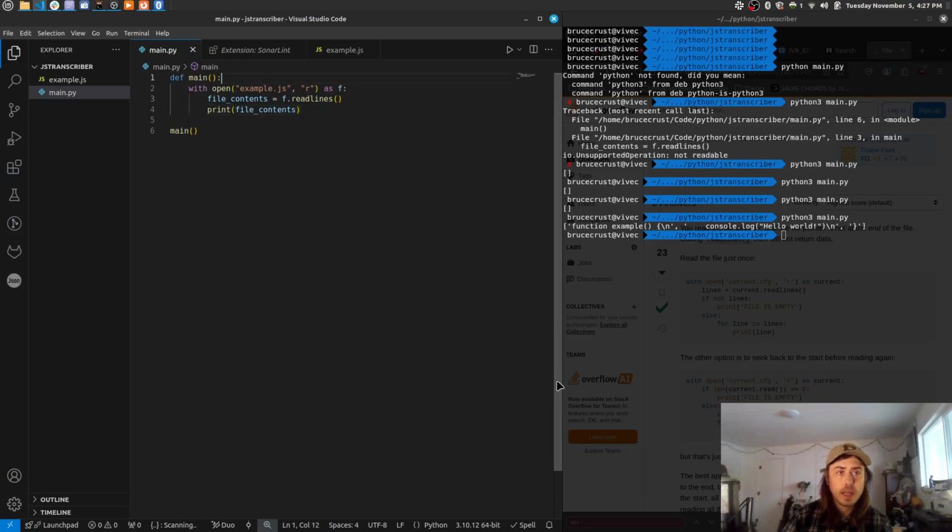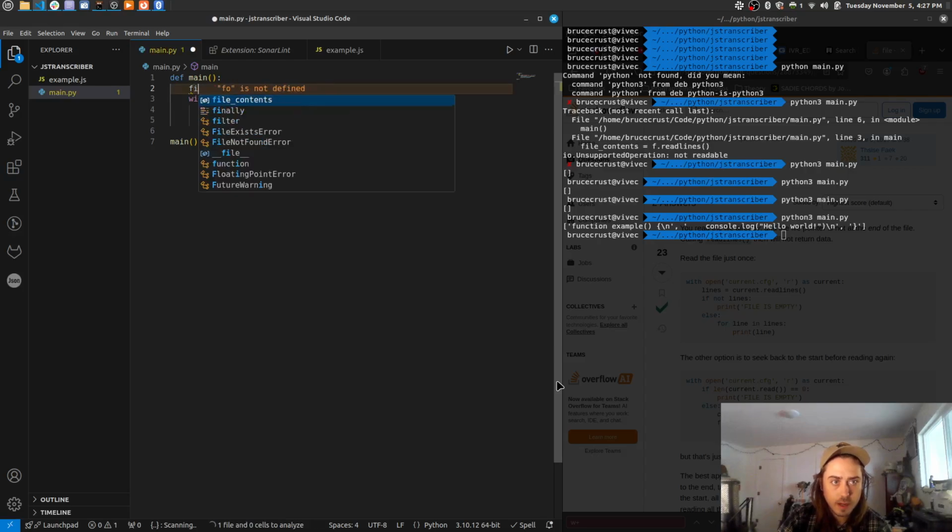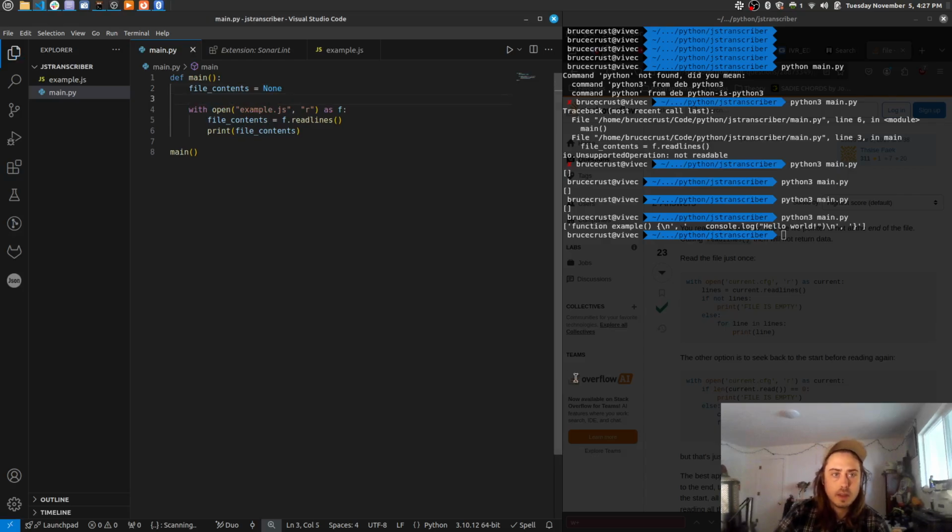So let's... this is going to be functional. Okay, I'm going to do file contents equals none, and then we're going to update that, print it out, and then